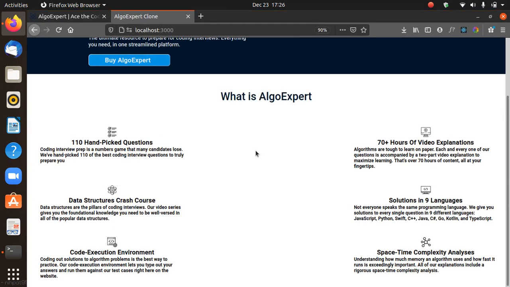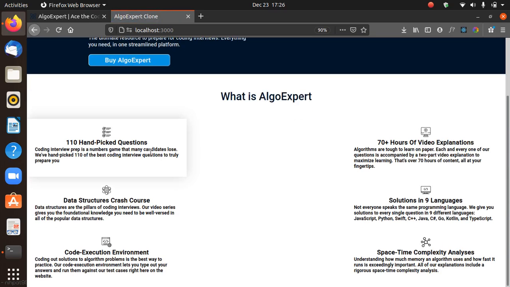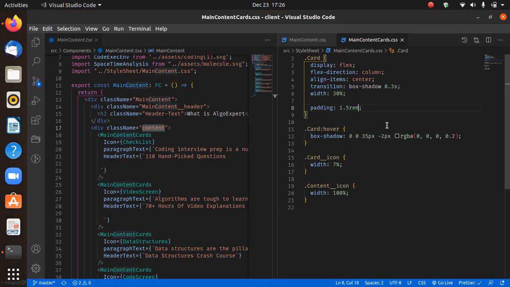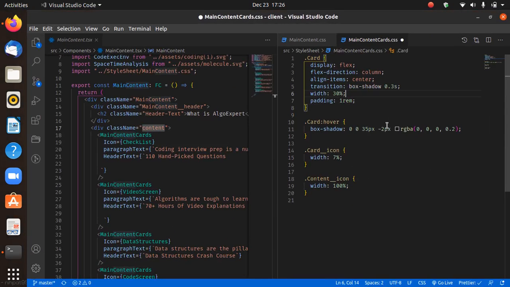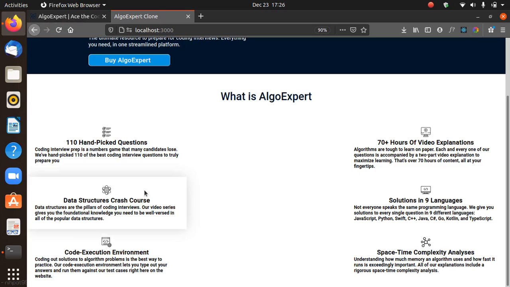We want everything to be stacked in 3s. That's the main goal here, having everything stacked up in 3s, just like AlgoExpert. And yeah, so the padding seems to be a bit too much for that. So trial and error, guys, it's the name of the game. Trial and error is the name of the game. But right now you can see that we were having a good enough spacing,